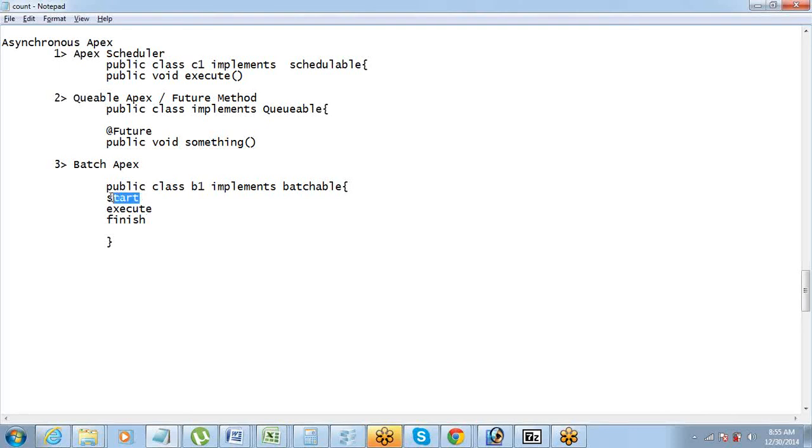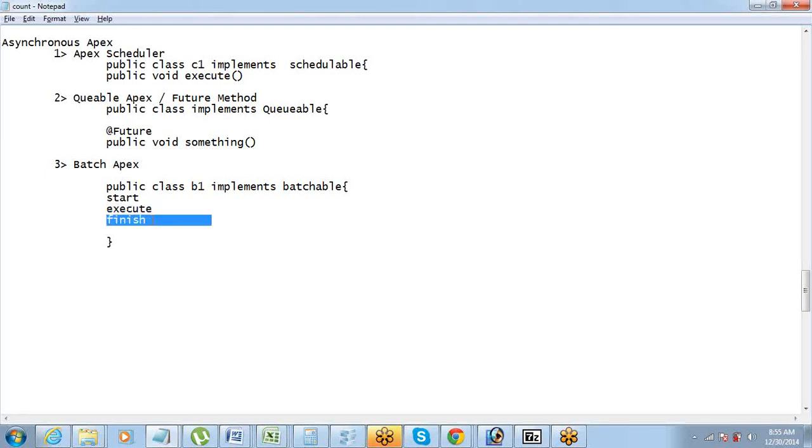Now the execute method holds what needs to be done. So the start method has got the values, and the execute method will hold what needs to be done. Let's say from New York City you want to change the city name to NYC. That part should happen in execute.